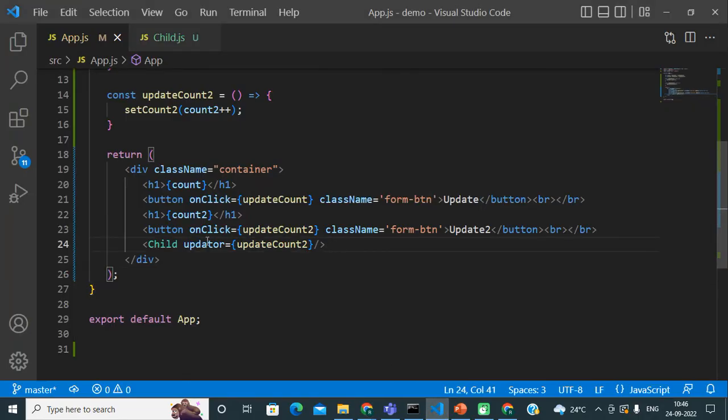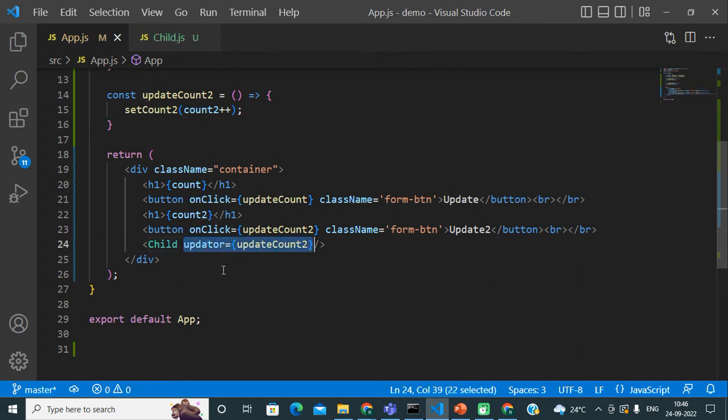So friends, why is it getting re-rendered? If we see, on initial rendering we passed one function as props. On initial rendering we are passing updateCount as a function as props to the child component, and after re-rendering of this app component we are still passing the same function.